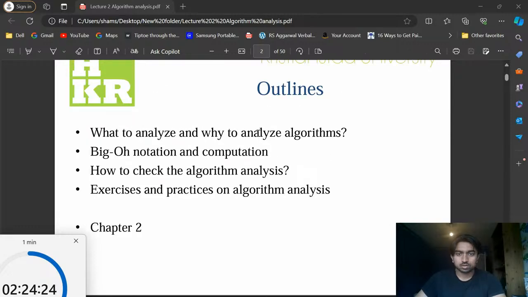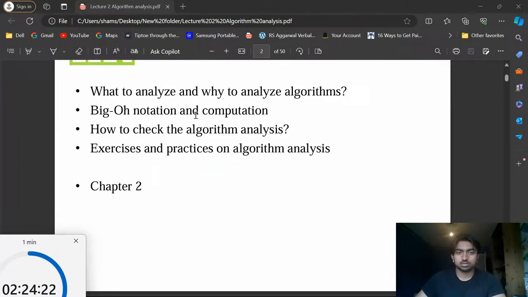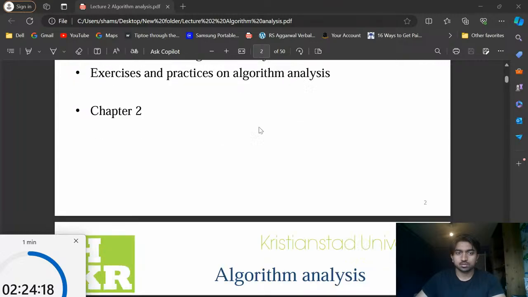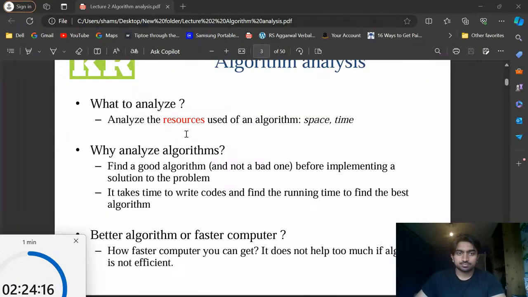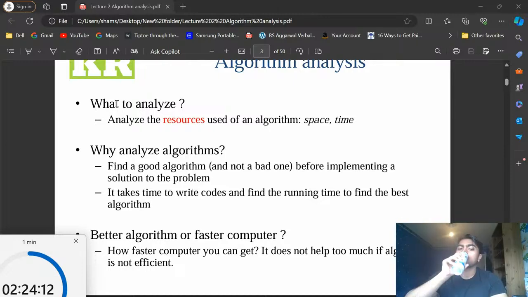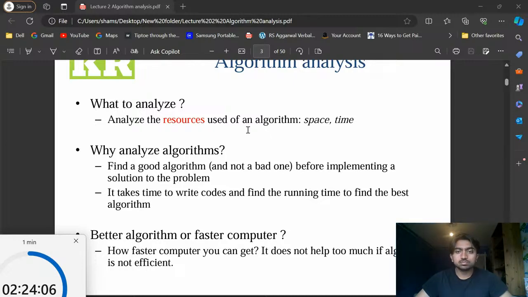What to analyze and why to analyze methods. Take our notation and compare how to check our rhythm exercises and practice. What to analyze: analyze the resources used, space and time. Why analyze? Before I code an algorithm,